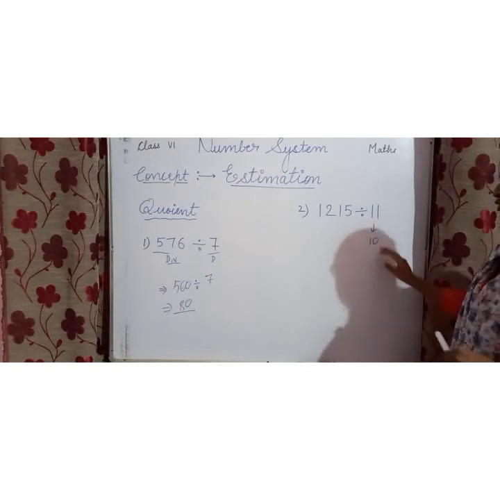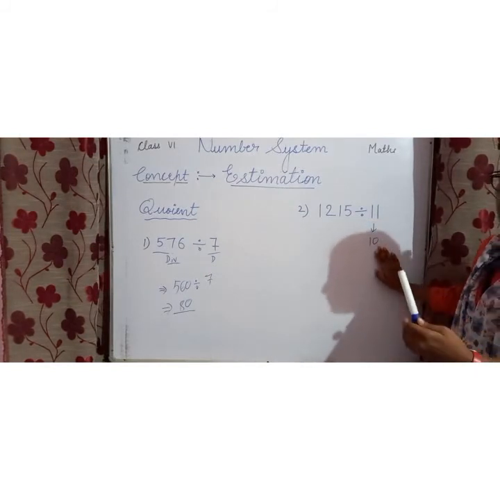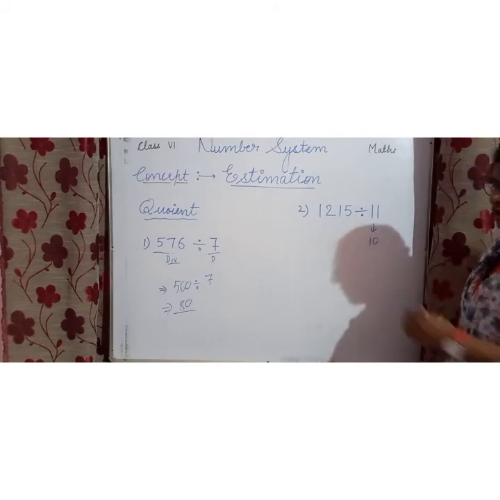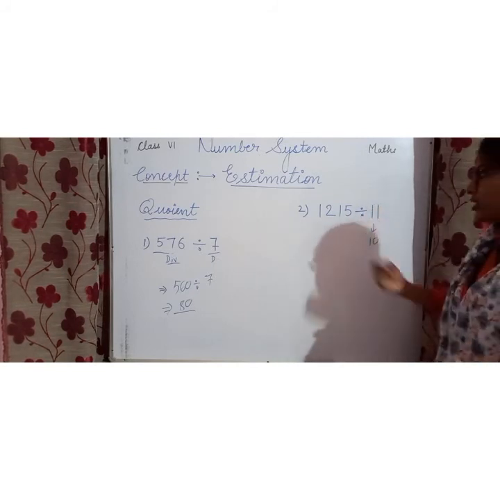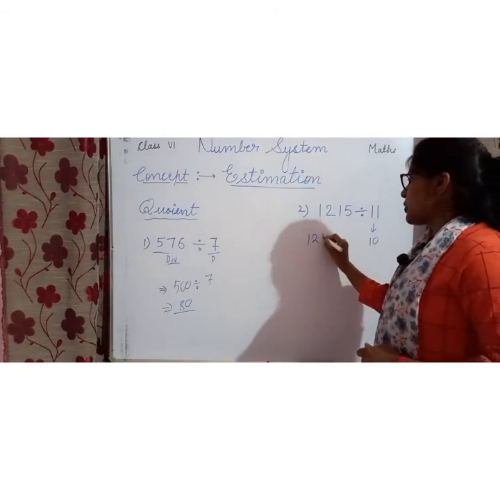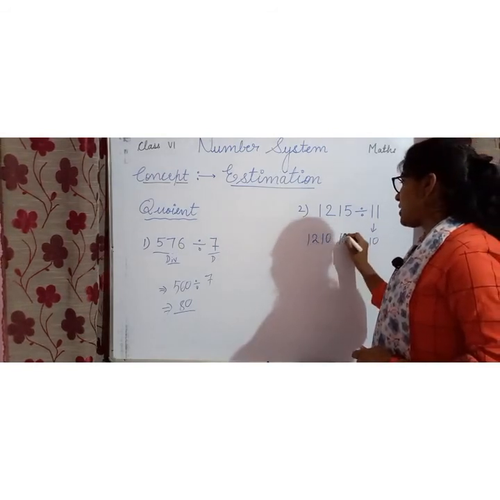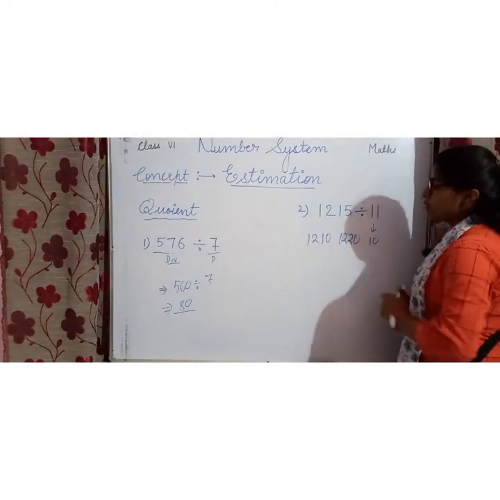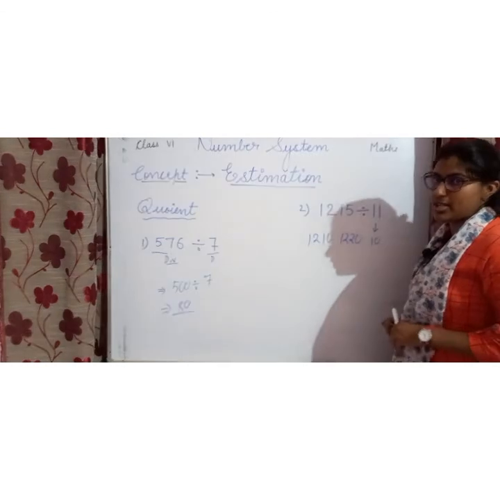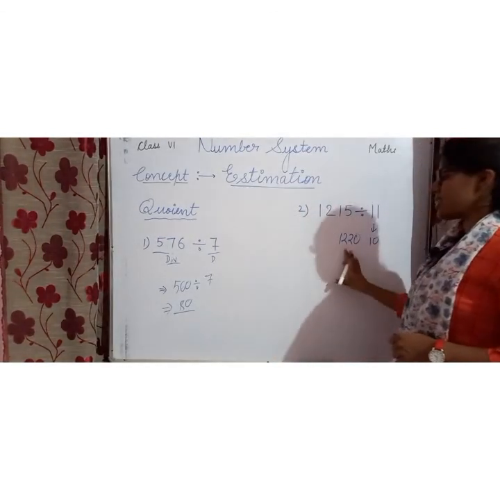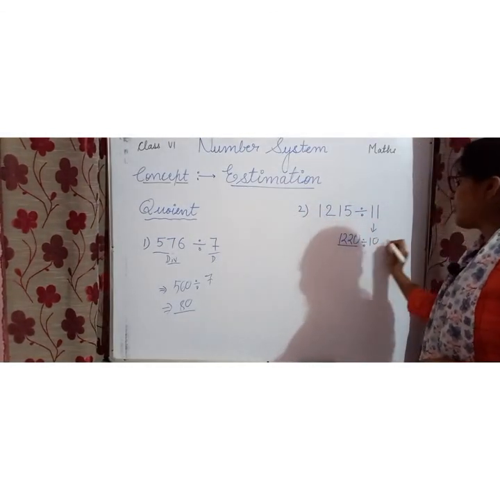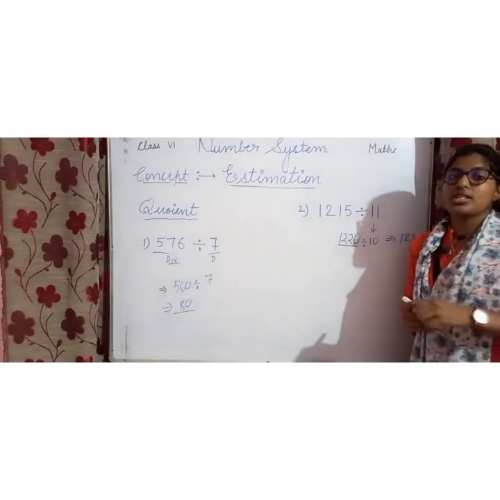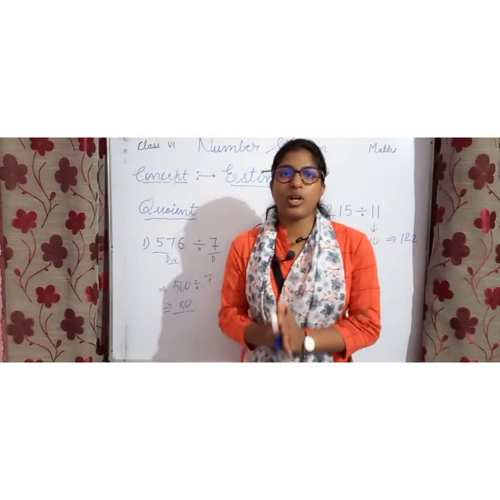Okay, give me the answer: if you want to find the nearest multiple of 1215 in terms of 10, as a multiple of 10, what is it? 2 numbers come to your mind: 1210 and 1220. But we always know we take 1220, because if 5 is coming we take the greater number. Yes. So 1220 is your rounded off dividend and then we divide in both. You get the answer 122. So this is about the number system. First chapter, Knowing Our Numbers.